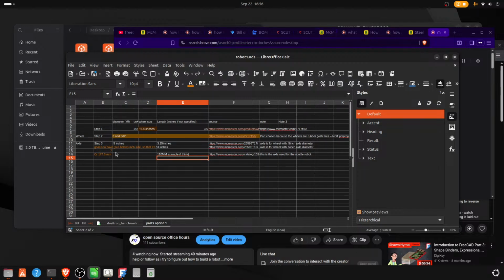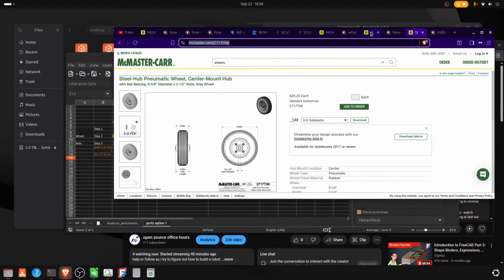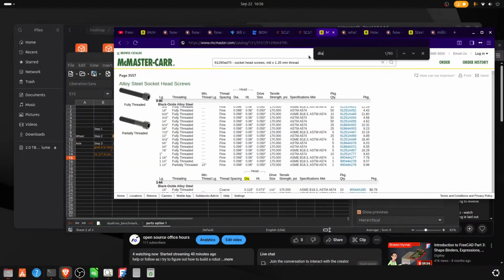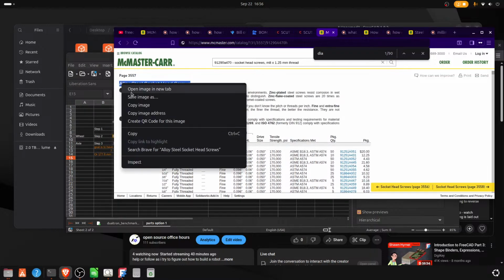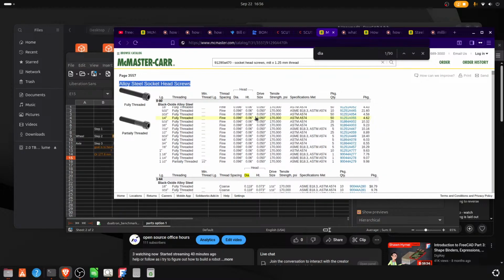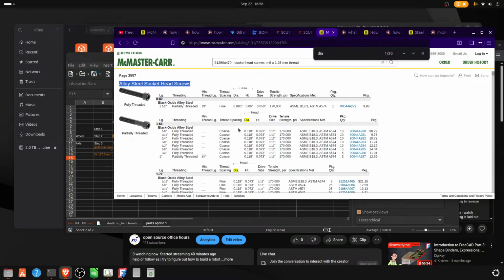So let's say we want 0.5, and mechanically, I'm not sure yet if this is going to be strong enough. So what we're looking for is, let's say we want the same thing. We want an alloy steel socket head screw, and we want it to be